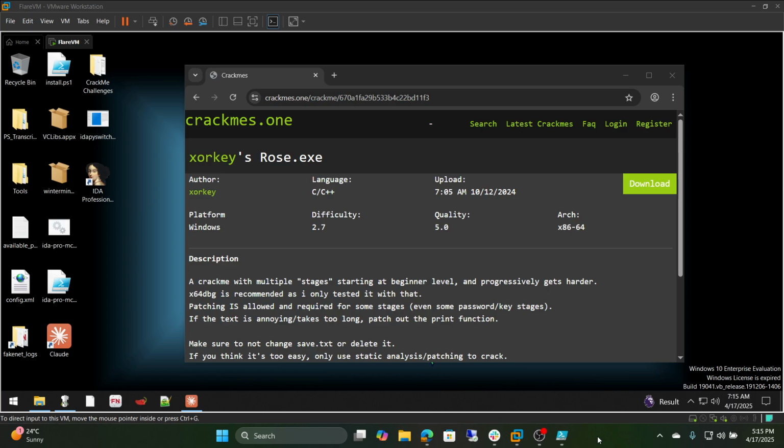Hello guys, today I'm going to show you how to install the IDA Professional MCP server so that you can use the AI to perform reverse engineering. I'm actually going to show you how to do it in two ways. First way, and the easiest way, is to use the script that I created,